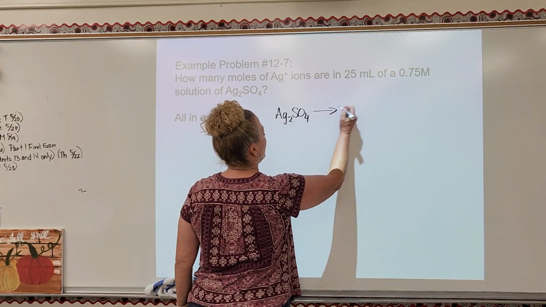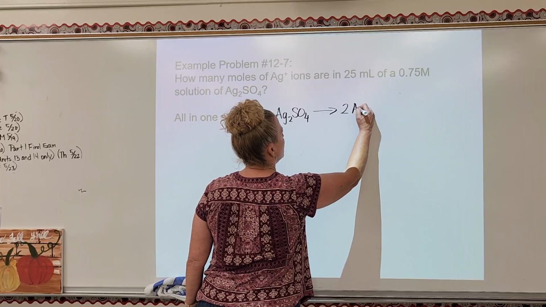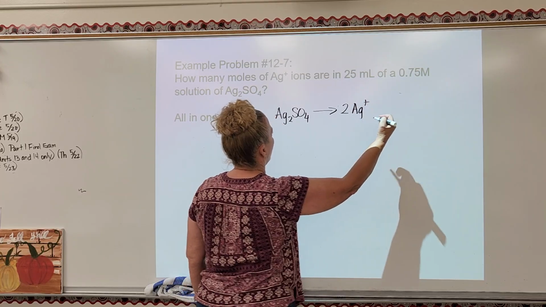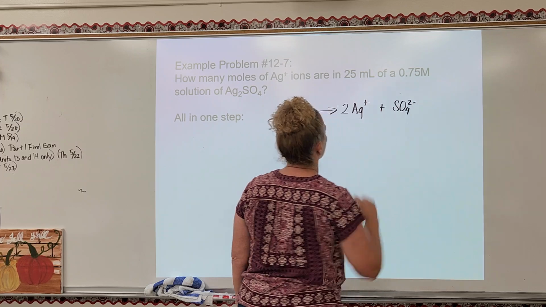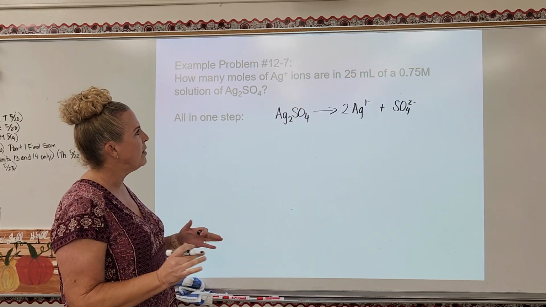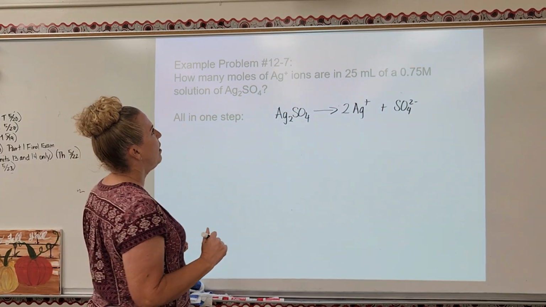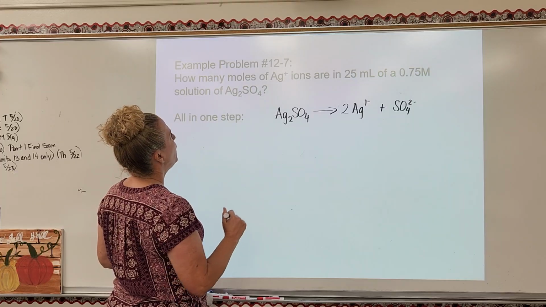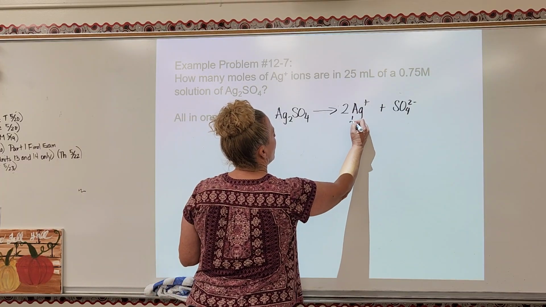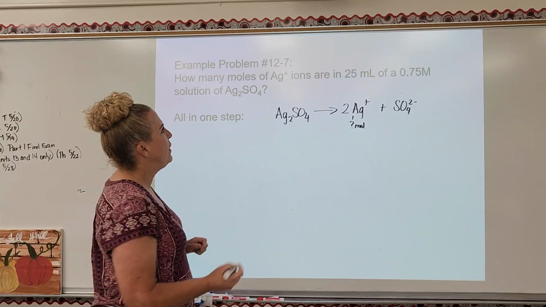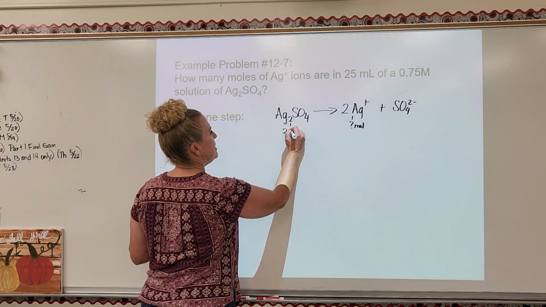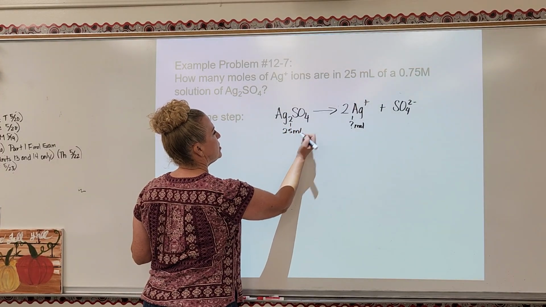All right, and that means it's going to separate into 2 Ag+ ions and 1 sulfate ion. So we have a 2-to-1 relationship. We are looking for how many moles of silver ion, and we are given 25 milliliters of a